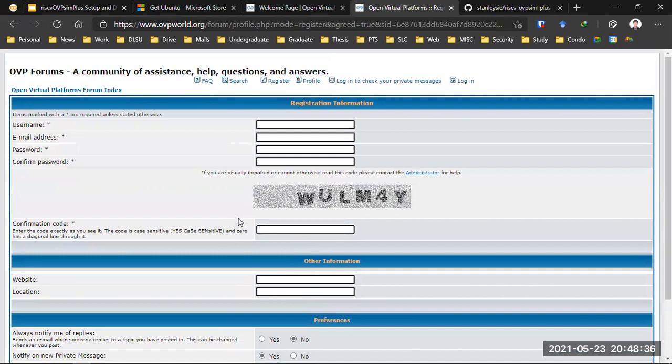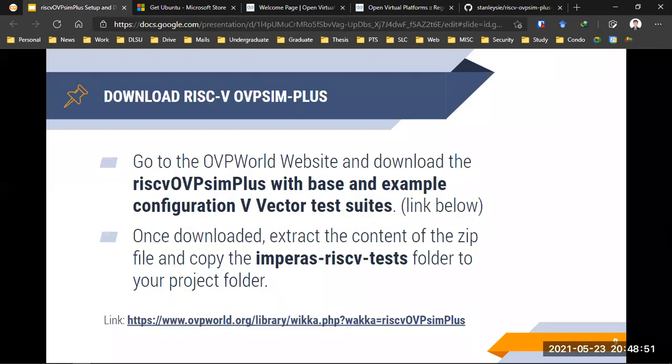After that, you will be in some kind of pending status, where you wait until the OVP World admin enables your account, and then they will send you an update as well once they have updated your account. So once you have downloaded everything, once you have downloaded the